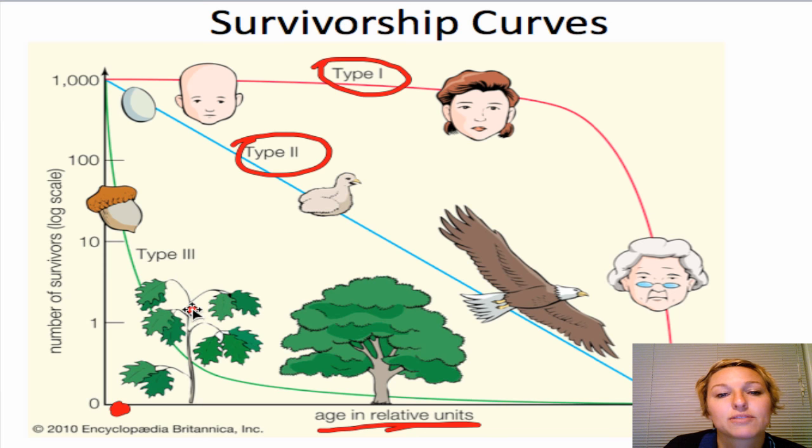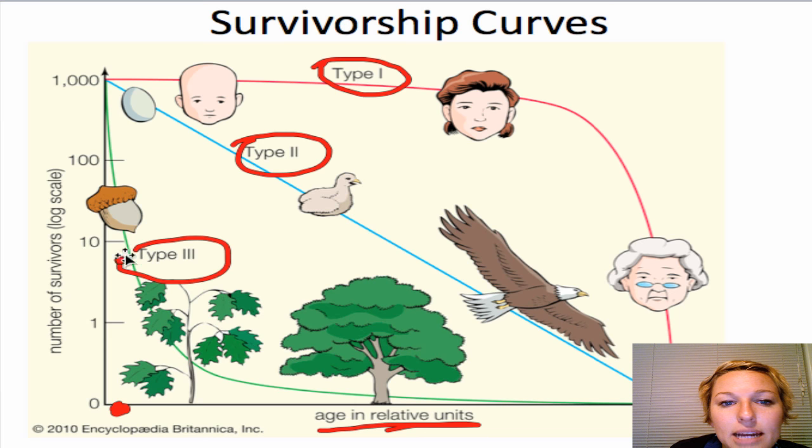Type 3 survivorship curve is going to probably sound a lot like an r-selected population. So a type 3 survivorship curve has high death rates when young, right? So the likelihood of survival is pretty low when you're young. And once an individual reaches a certain age, then it stabilizes and you're more likely to live a long life once you've reached a certain age. So plants are a great example. Sometimes with the viability of seeds, it could be one seed in every 1,000 actually makes it into a tree. Another example of this would be sea animals, like sea urchins, which would have a type 3 survivorship curve.